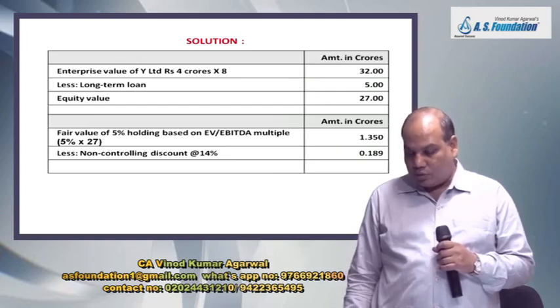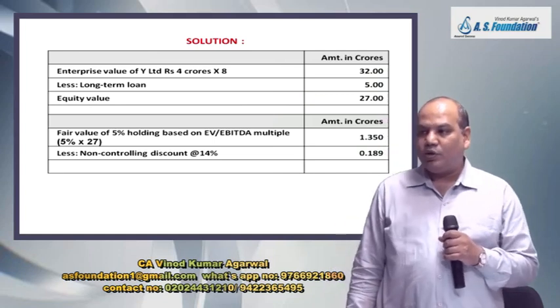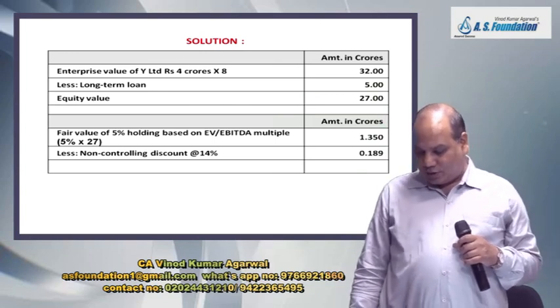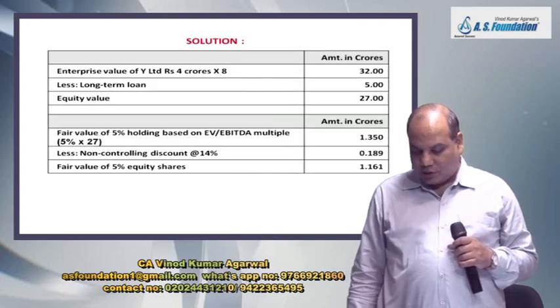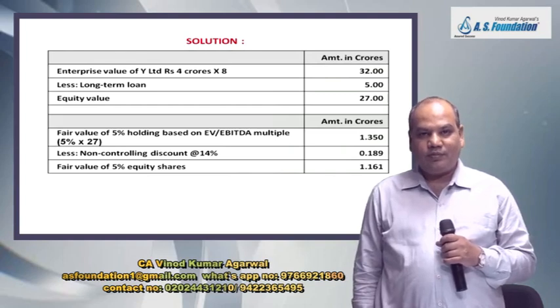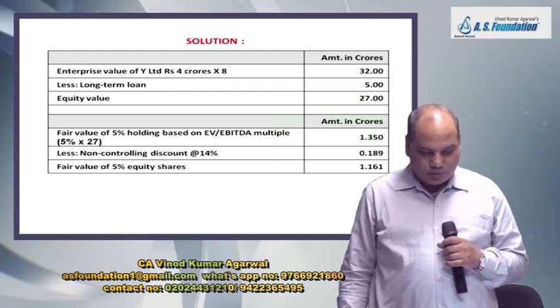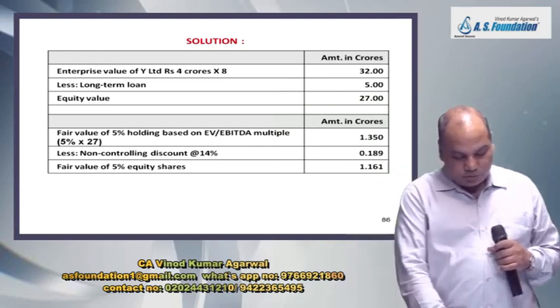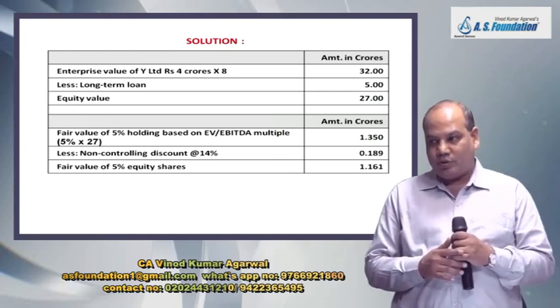You will have to reduce the value because you are a non-controlling interest. Non-controlling interest share has lower value compared to the one who has controlling stake. So 0.189. Therefore, the fair value of 5% equity share is 1.161. Is that right? 1.161. So these are the examples of how we use the level 2 input